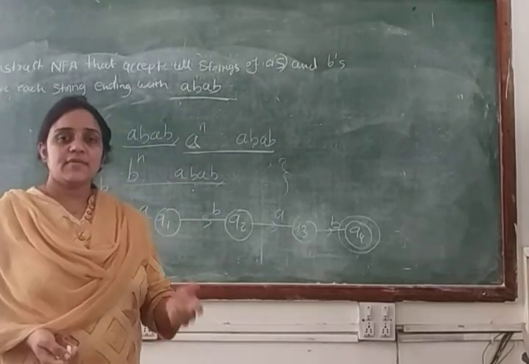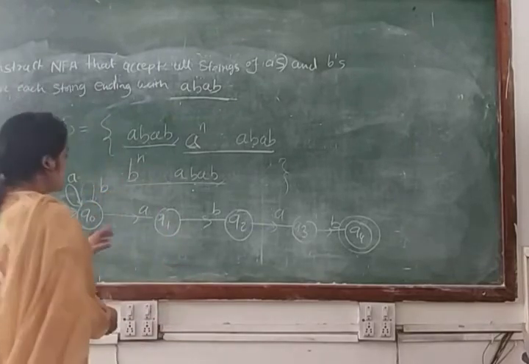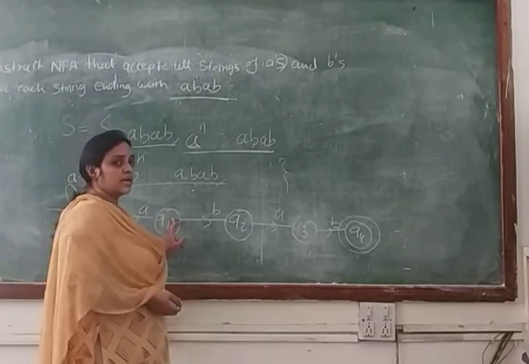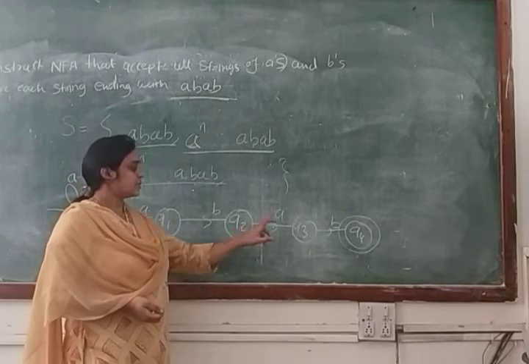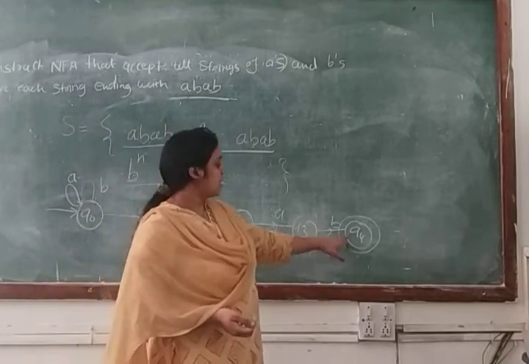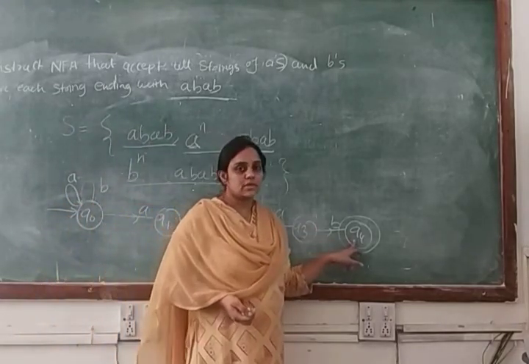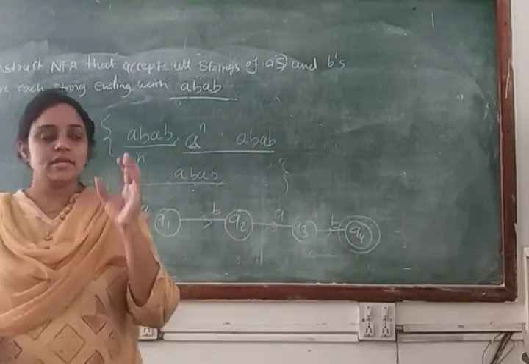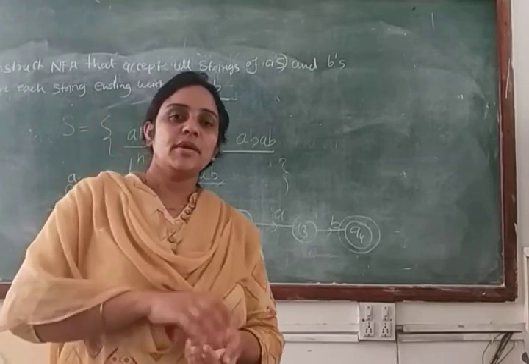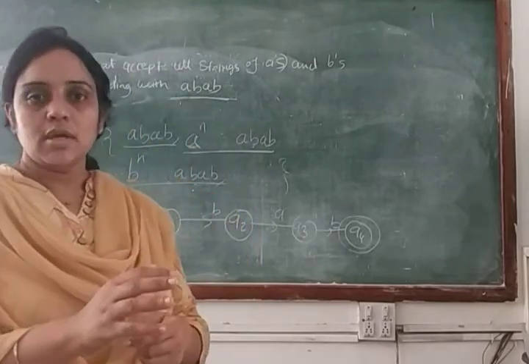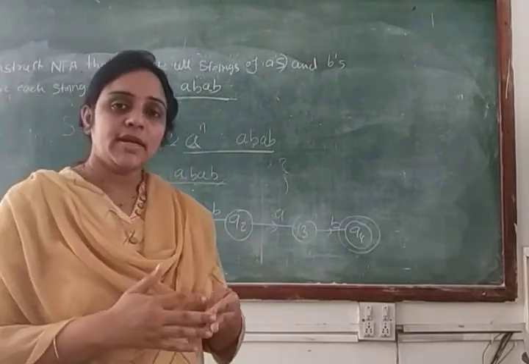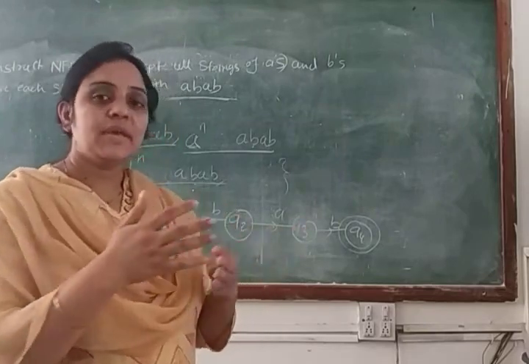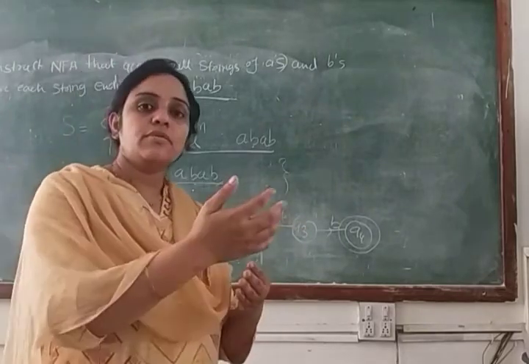If we are making a DFA, then definitely we have to make a transition for the input symbol A from this state, for the input symbol B from this state, for the input symbol A from this state, and for the input symbol A from this state. So in that case there is a chance of violation. Means in that case you have to check every condition. If we are making this transition, then what will happen? Means will the condition be violated or not, will the string be accepted or not, is this string a part of your language or not.